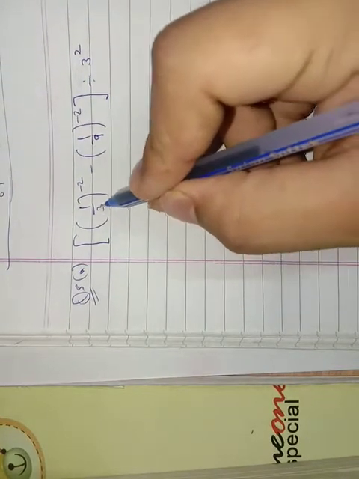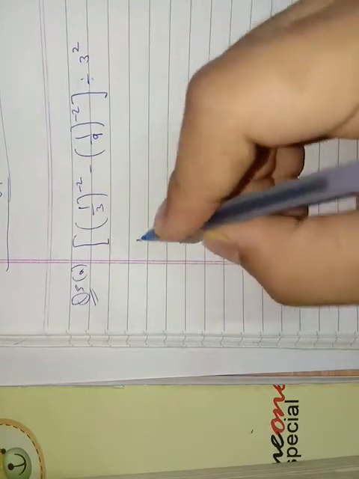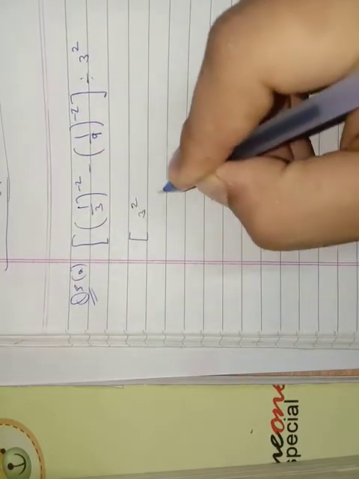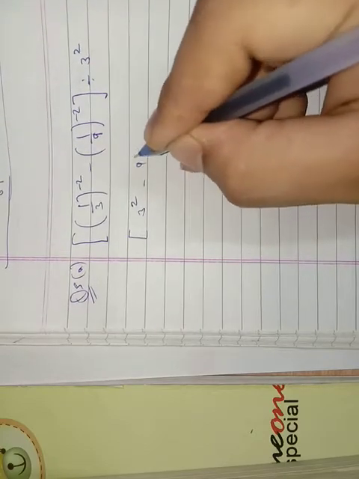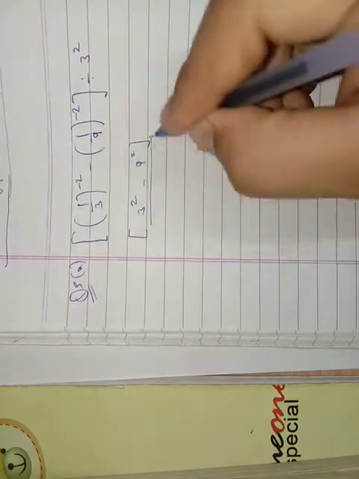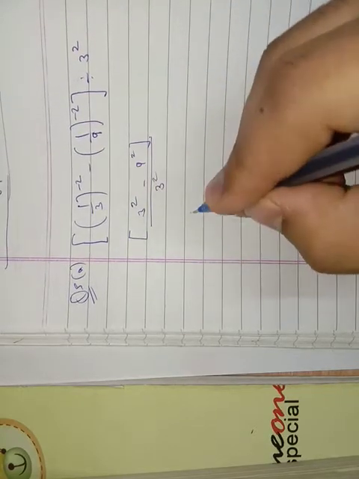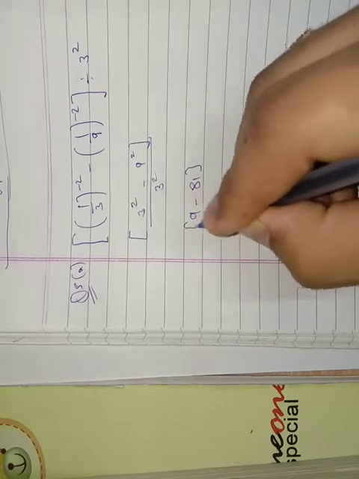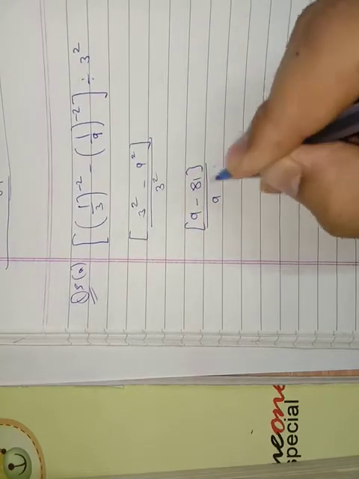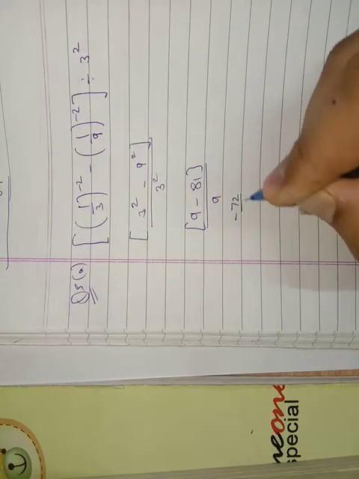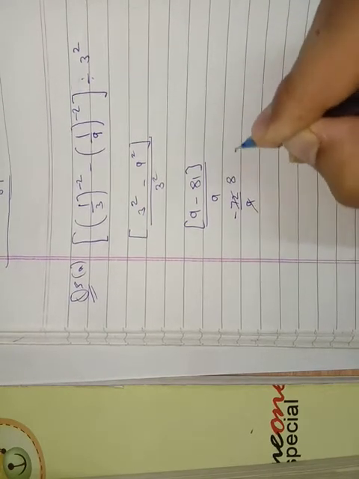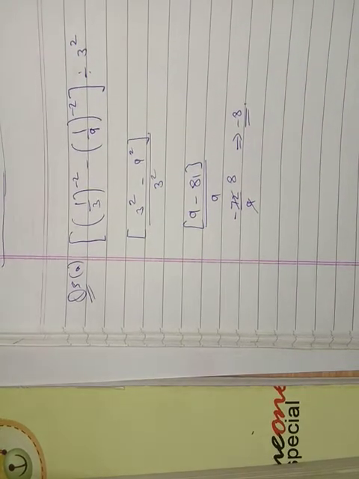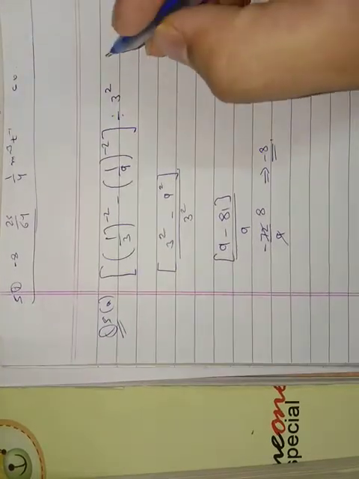Now the power becomes plus. It is minus, it becomes plus when we do the reciprocal. So it will be 3 upon 2 power minus 2, this is also 9 upon 2, and this is divided by 3 power 2. What is 3 power 2? 9. What is 9 minus power 2? 81. So 9 minus 81 over 9 is minus 72 upon 9, and 9 8s are 72. So the final answer is minus 8. This is the right answer. Clear? So that was the first part. Now we go for the second part.